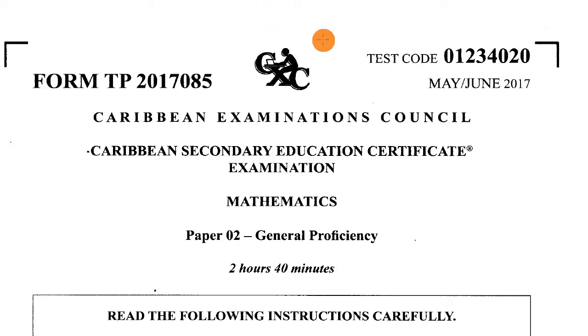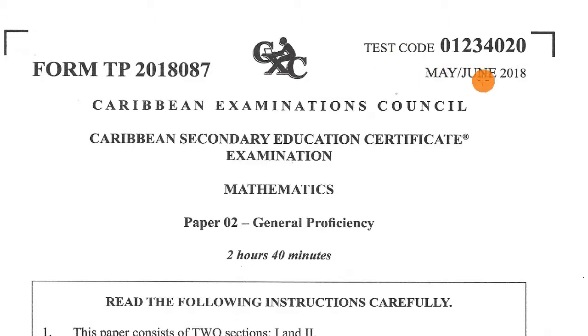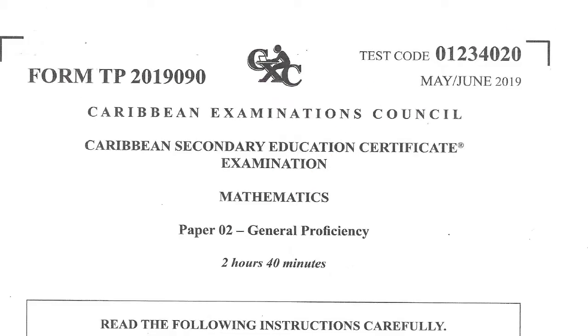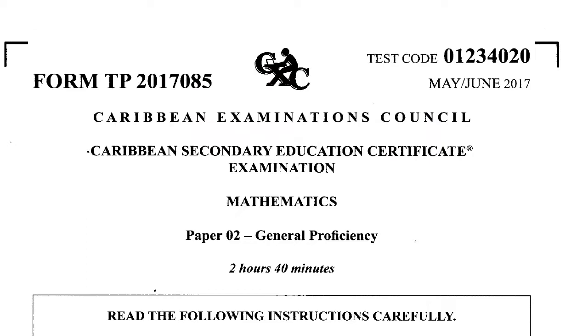Hello, as you can see on your screen, we're looking at May-June paper 2017, the CSEC Mathematics paper 2. And we then look at the CSEC Math paper June 2018. So you see that we are dealing with the authentic stuff here, and then in 2019, and so on. So why am I showing you all this? So that you can know